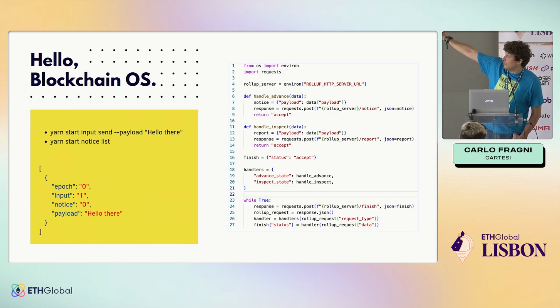And if you check the code on the right side, which is the whole application code, for the ones that are familiar with Python, this is just traditional Web2 Python code. There's nothing in there screaming Web3. You don't have to learn anything new. You're just using requests, which is a well-known HTTP client. So it's really easy for anyone used to Web2 to get started with Cartesi. But as I said, I'll go back to this later.